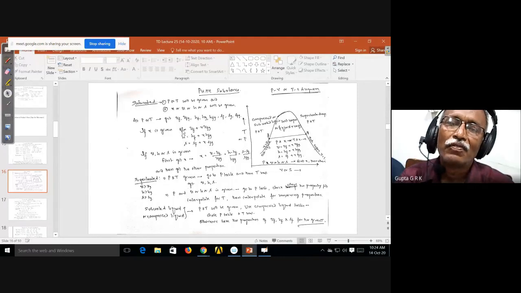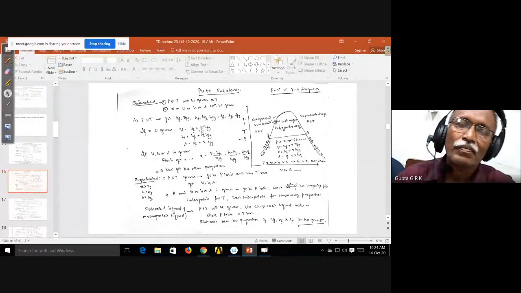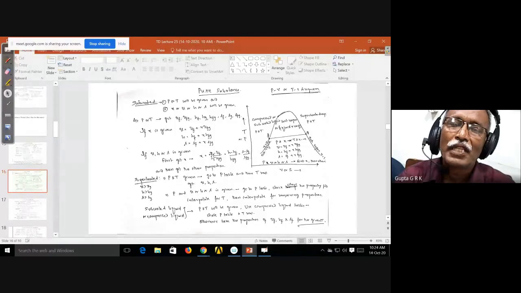Suppose if you are given V, H, or S, then I have to first find out the dryness fraction using the same relations in another way. X is equal to V minus VF by VFG, or H minus HF by HFG, or S minus SF by SFG. Like that, first you find out the dryness fraction. Once you know the dryness fraction, the other two properties, you can use these relations. In that way, I can find out all the relations. I have to know V, H, and S. Okay, that is for saturated region.